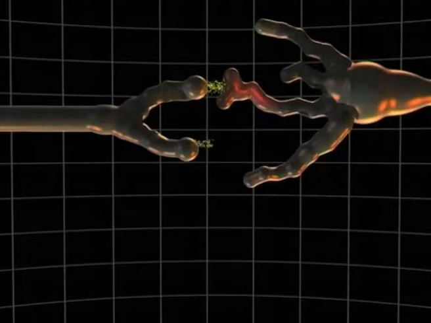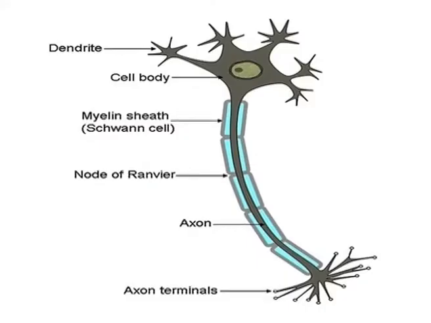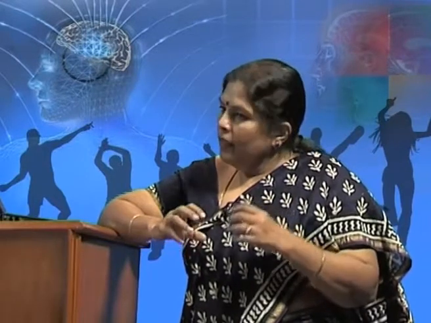Now, if your axon has a myelin sheath, and most of them do, the electrical impulse is much faster, and the impulse jumps from one node of Ranvier to another, so it is a fast impulse. Axons which do not have the myelin sheath transmit the electrical impulse much more slowly. So the impulse travels down the axon and reaches the end of the axon, which is the terminal